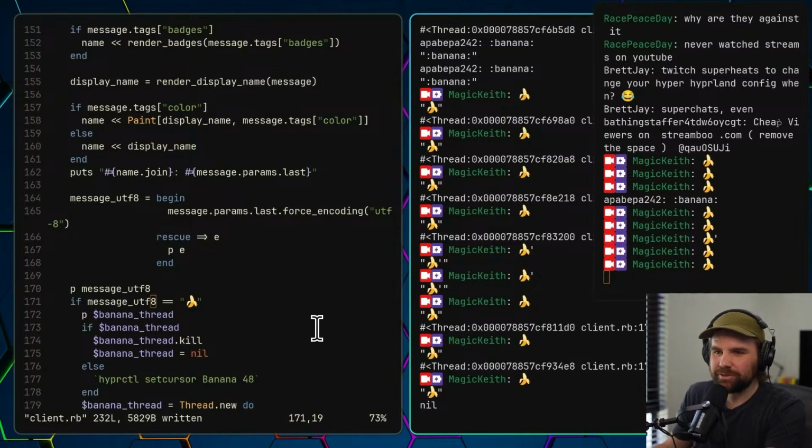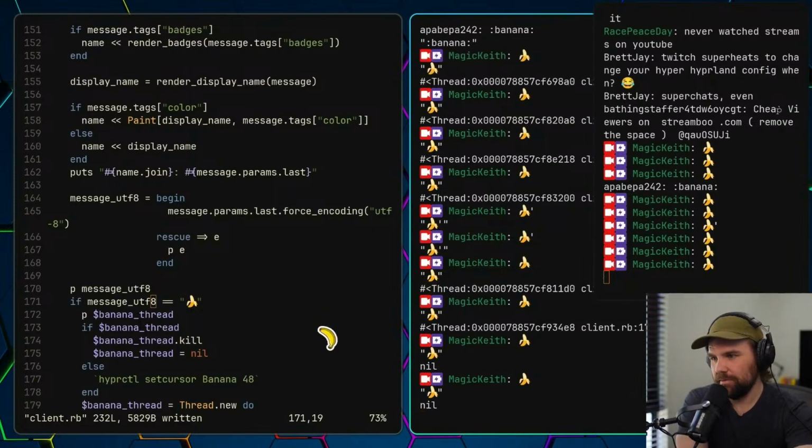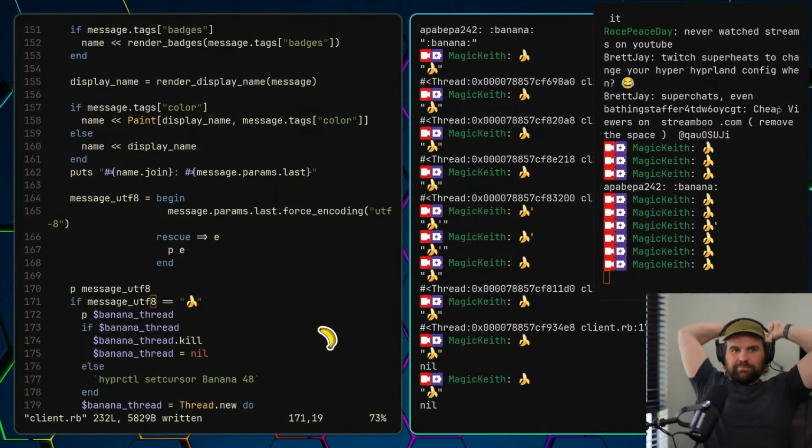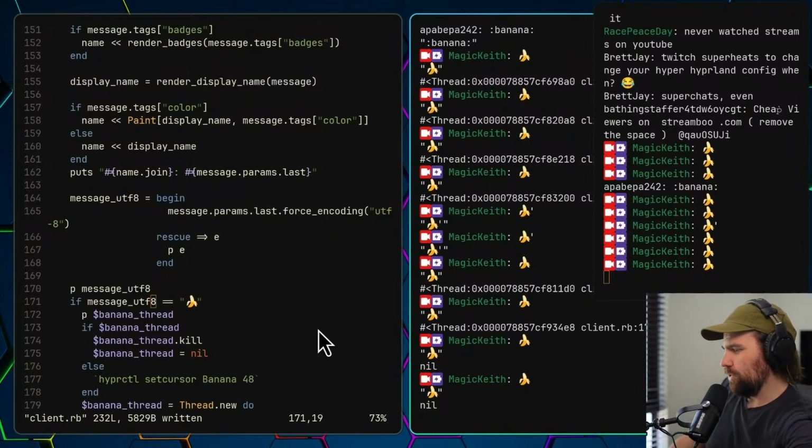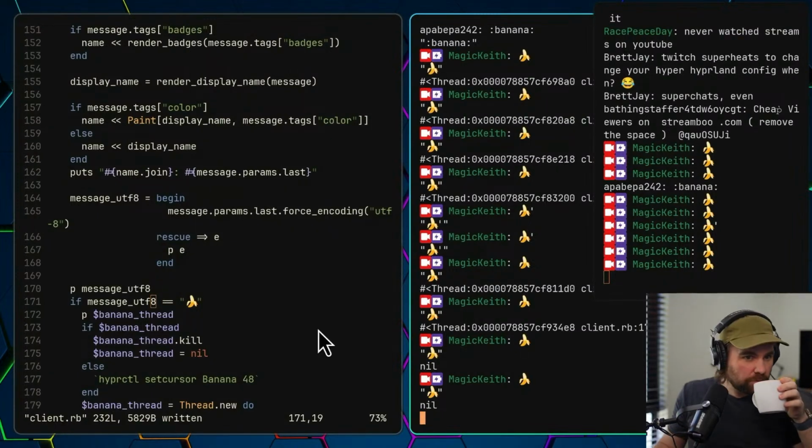My banana code works now. If I do it again. Ready? Yes. I made my operating system change the cursor when Twitch puts a banana in the chat. It's worth a coffee celebration. Thank you very much.